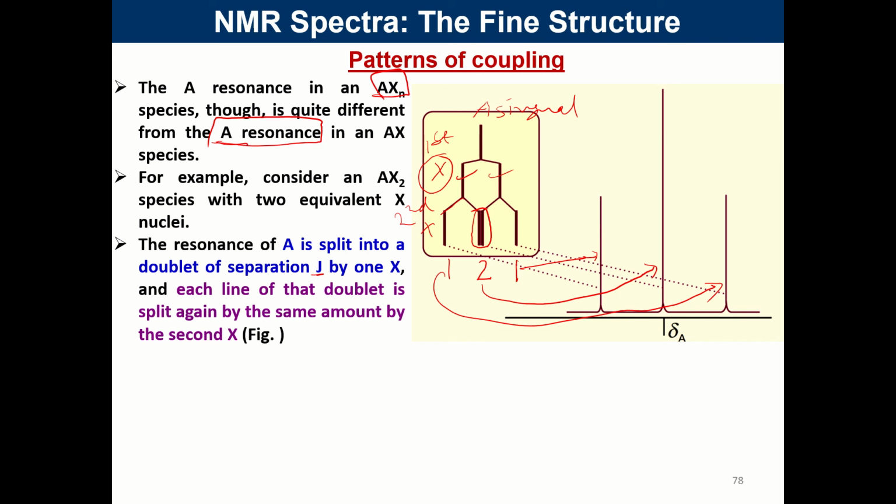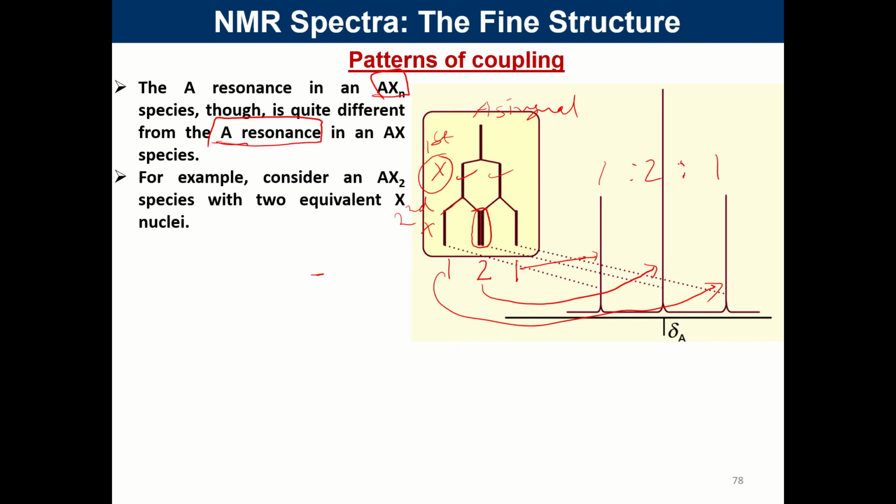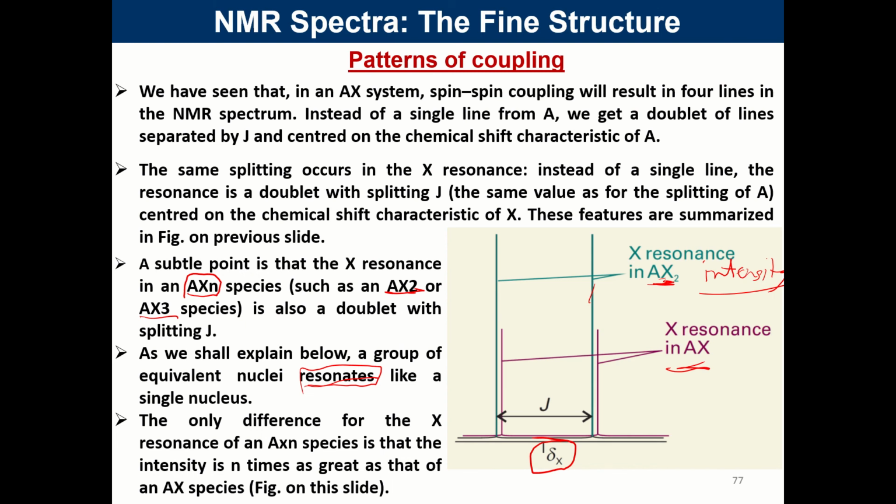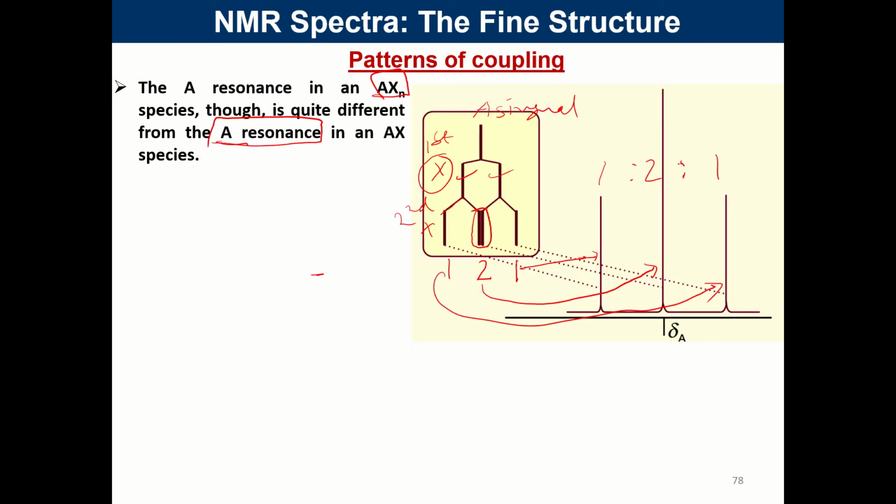So you are obtaining this kind of signal for A. For the X, as I told you, there was only an increase in intensity. For the NMR signal of A in the AXN system, it gets split as the number of X